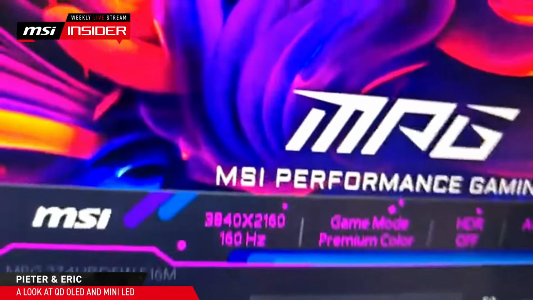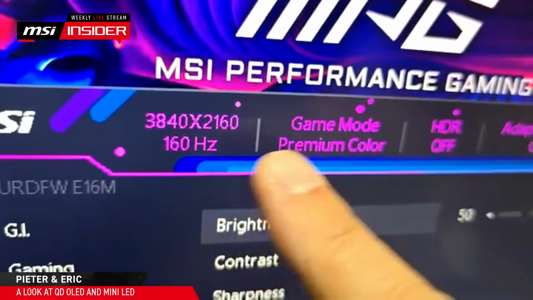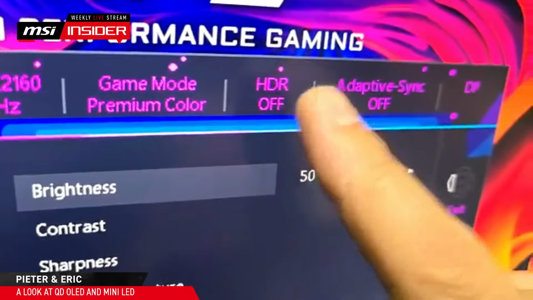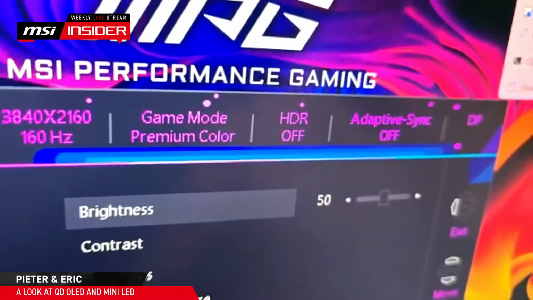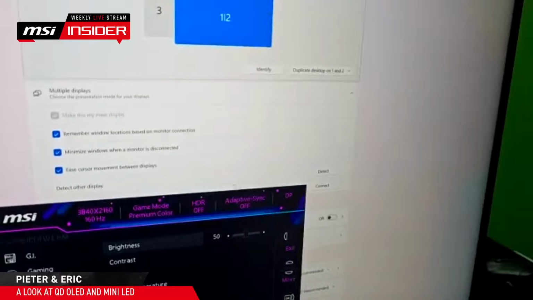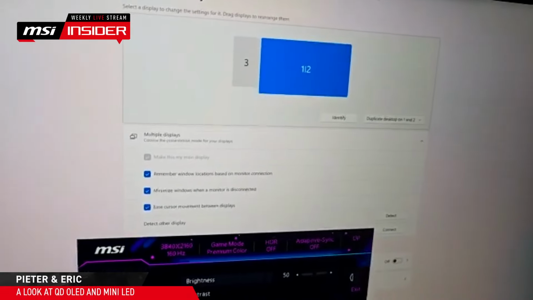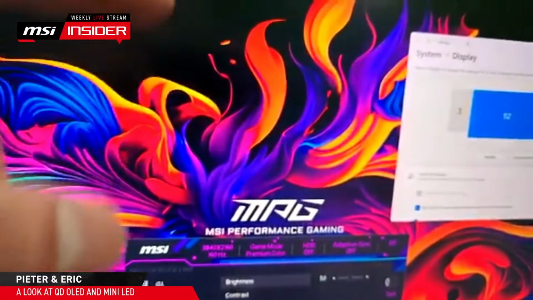I think this is also quite important. You can see what it does at the moment. HDR, if it's on or off, and HDR, of course, you need to enable in Windows. Actually, we cannot. It's off because what we also discovered is if you